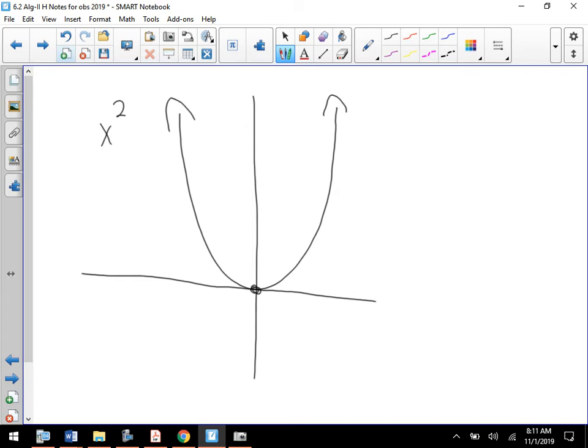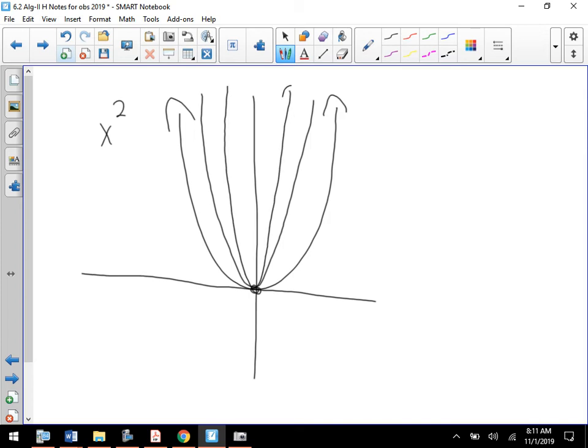So the x squared, the x to the fourth, that was x to the fourth, wasn't it? And then x to the sixth was a little bit quicker. So x squared, x to the fourth, x to the sixth. What do all three of those have in common? They all have an even exponent, don't they? Okay. They all have an even exponent. All right. Now, in the other one,